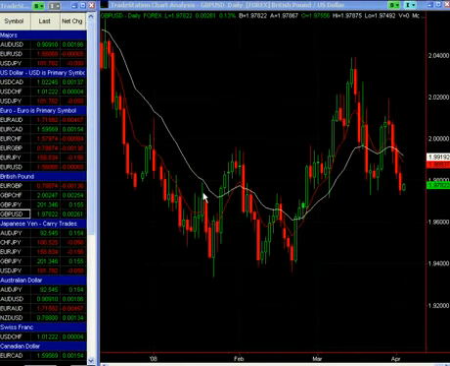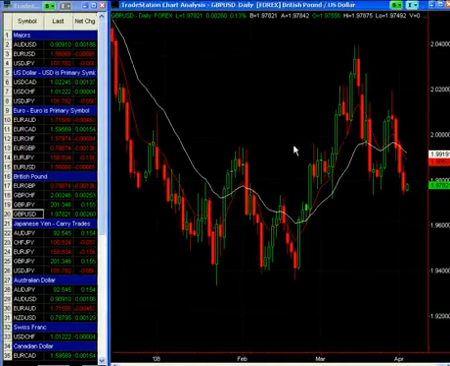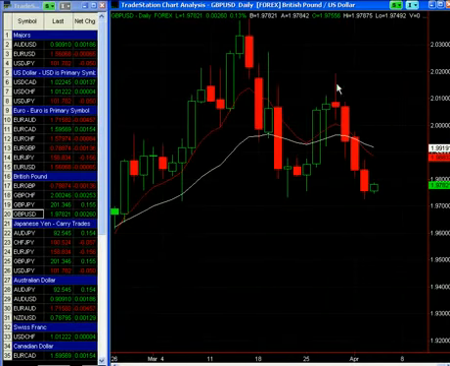Now I just want to have a look at some current setups that are forming. A lot of people look at the market and see a British pound chart, and they see that the setup we just talked about came off. Well, the setup's over, we can't get back in. Well, not necessarily,